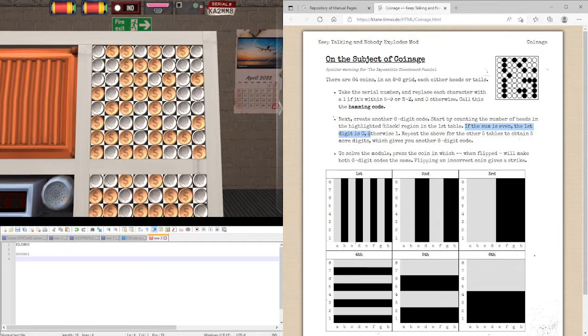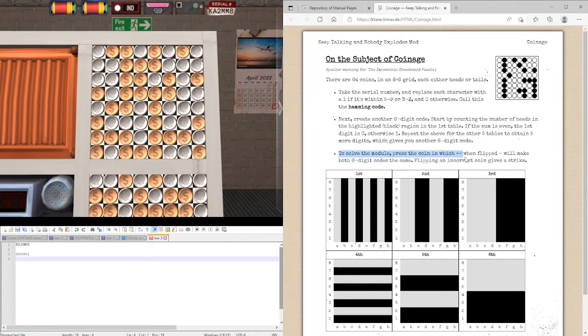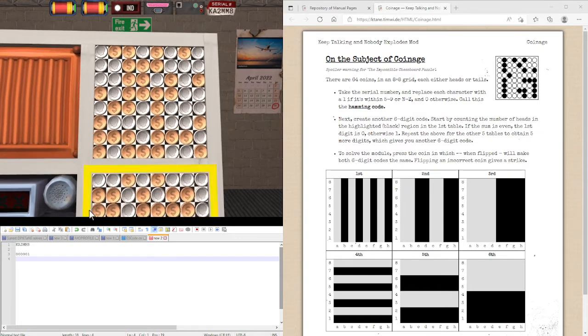If the sum is even, we're going to be putting 0. If the sum is odd, we're going to be putting a 1. Then repeat this for the other 5. So we have another 6-digit code. And then we're going to be solving the module by pressing which coin we can flip to make the code that we get here the same as